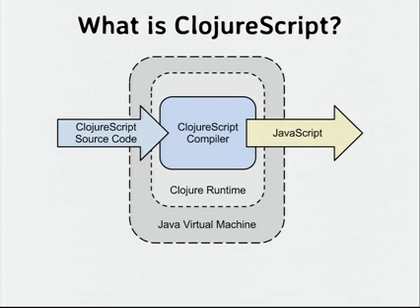So ClojureScript. ClojureScript is a dialect of Clojure that compiles ClojureScript source code, which is very much like Clojure source code, into JavaScript source code. So it is a source-to-source compiler. The interesting thing about it is that the compiler is actually written in Clojure, and Clojure runs on the JVM. So this is sort of how it looks. This assumes that you have Java